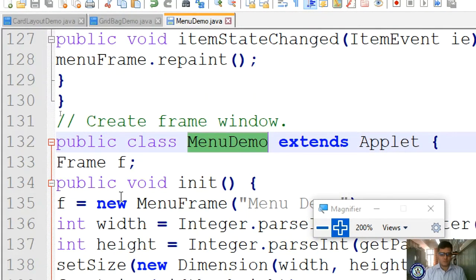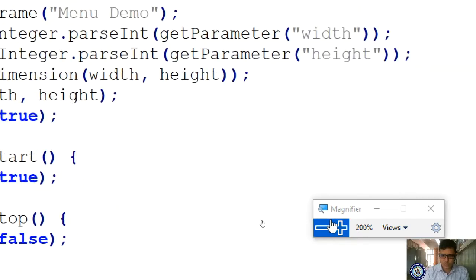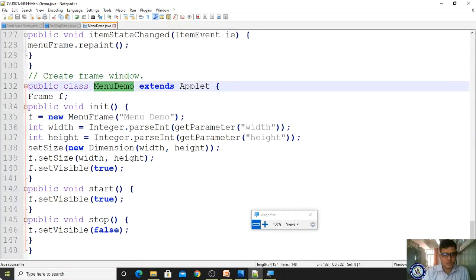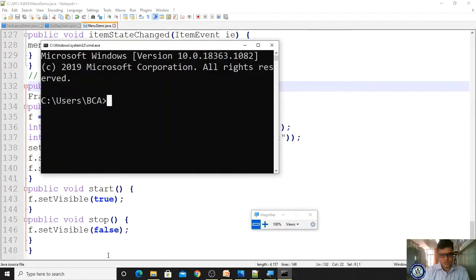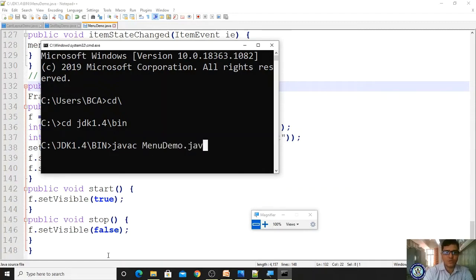Yes, now let me open my command prompt. Log out from the default directory, login into our directory, cd jdk 1.4/bin. Now compile: javac menu demo.java, enter.